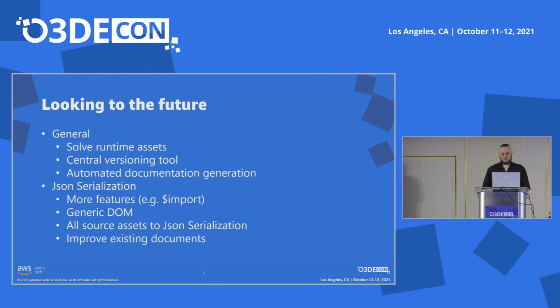And then finally, the objects that are being generated from the JSON serialization today, a lot of them have been conversions from Object Stream. So there's still data in there that we inherited from that. Things like some IDs that are in there. Particularly the asset ID still uses UUIDs and things like that. So we want to do additional passes over them over time to really clean them up and really deliver on that content creator focused document. Prime candidate that we're looking at right now are prefabs, for instance.